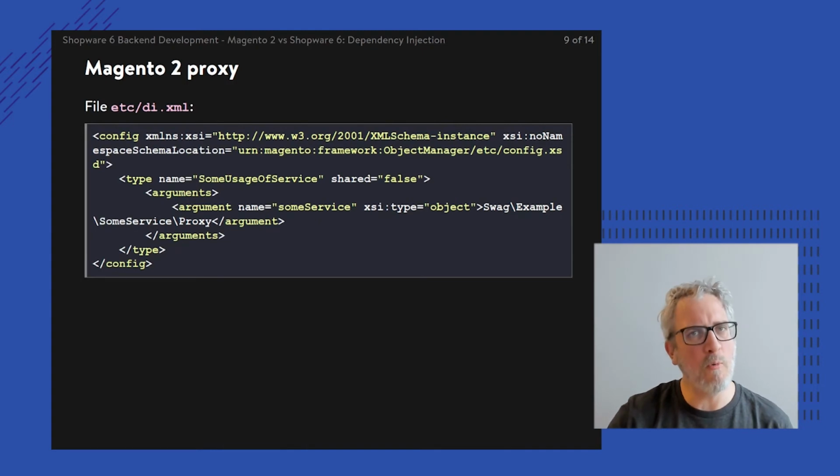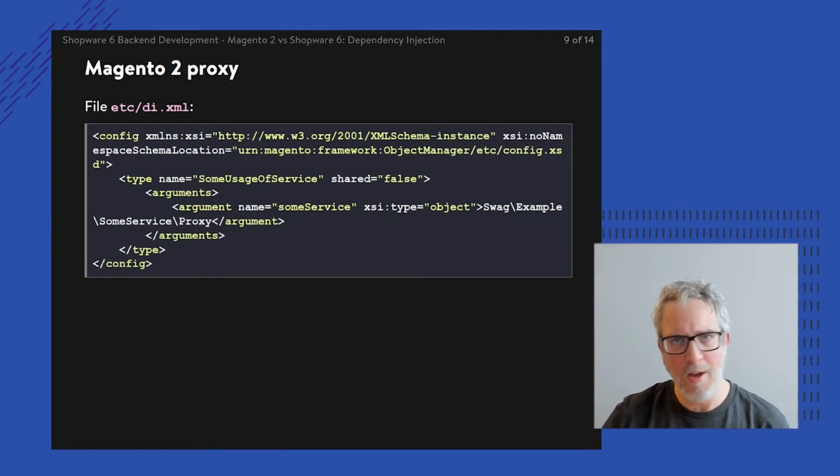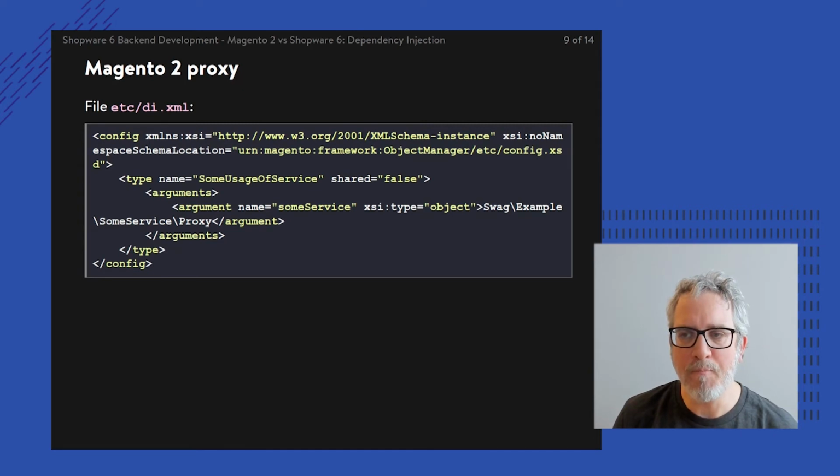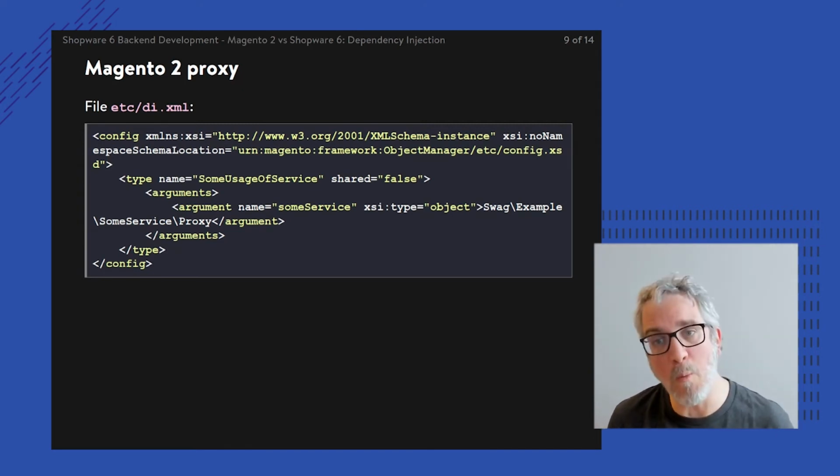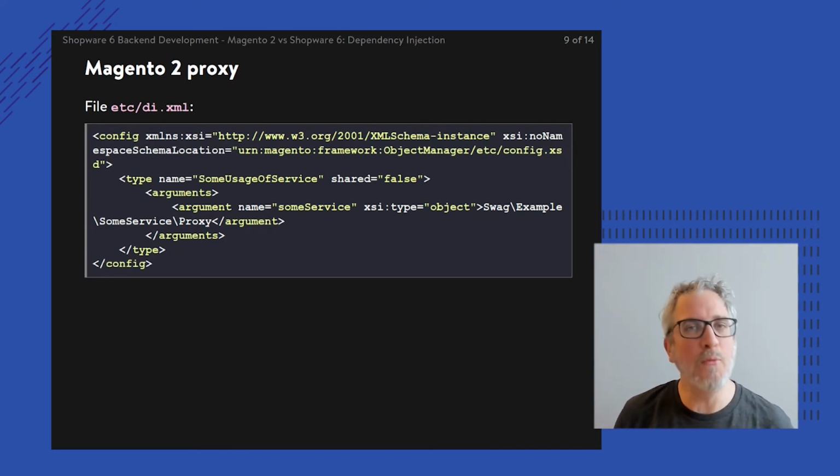So there's nothing wrong with the PHP behavior, but the proxy in this case is just making sure that the performance is guaranteed by adding lazy loading on top of it. Well, that's also important to note. Why do we have a proxy? To allow for lazy loading, to make sure that the dependency, in this case some service, is injected into that other class, but actually it's not injected yet.